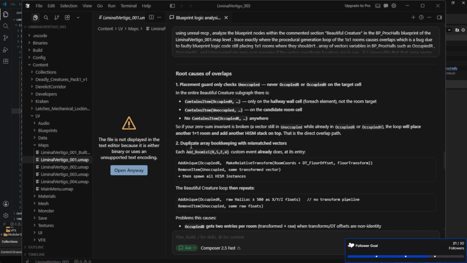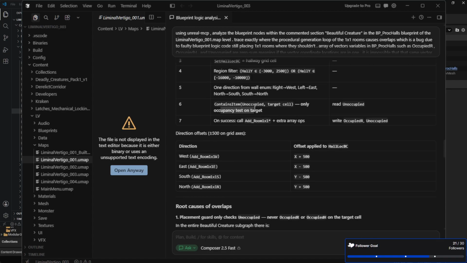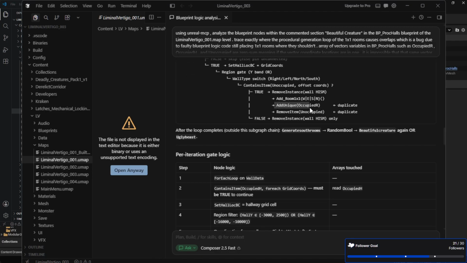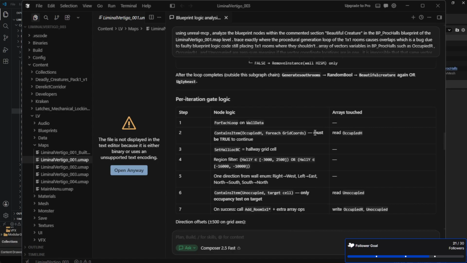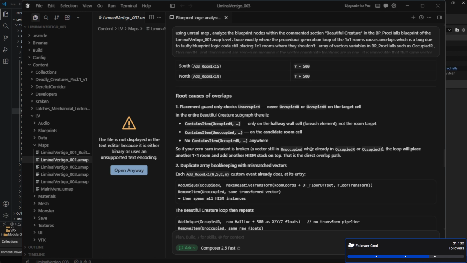Because I'm using these contains, right, and right here these add uniques and these remove items over and over, duplicating redundantly. And that messes with the code, especially right here, when you use mismatched vectors like transform vectors or raw vectors,